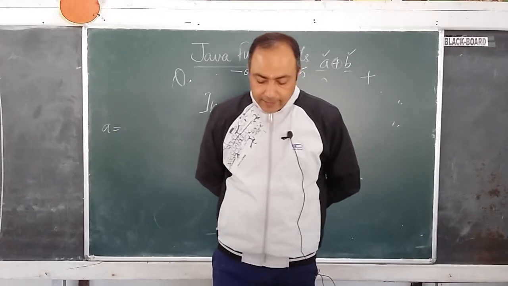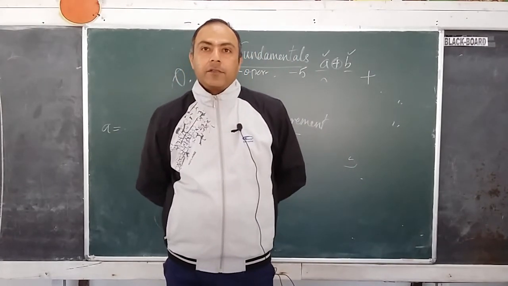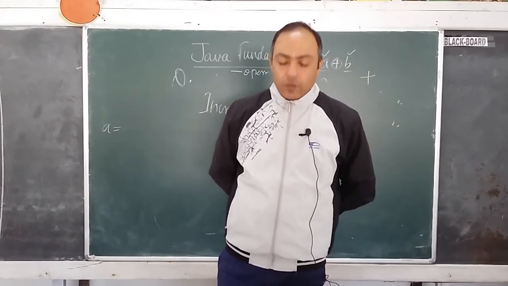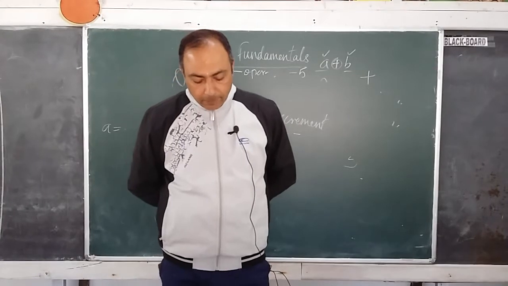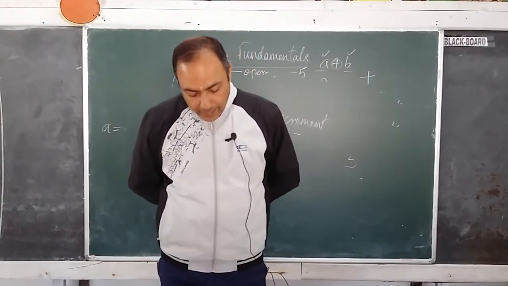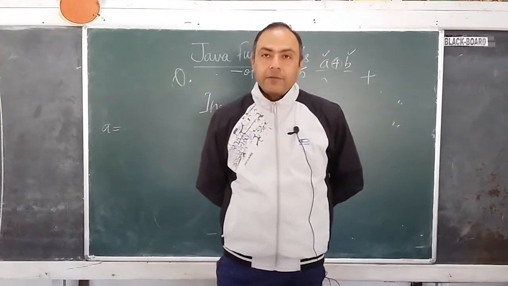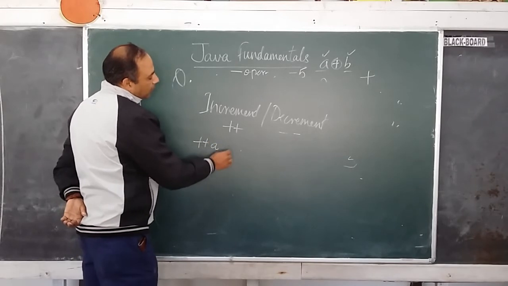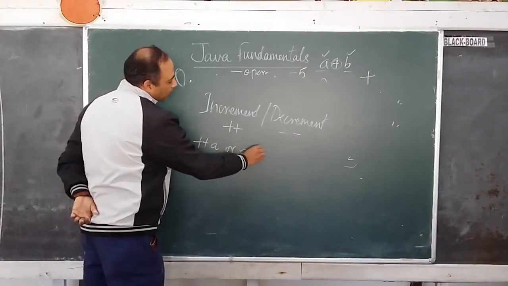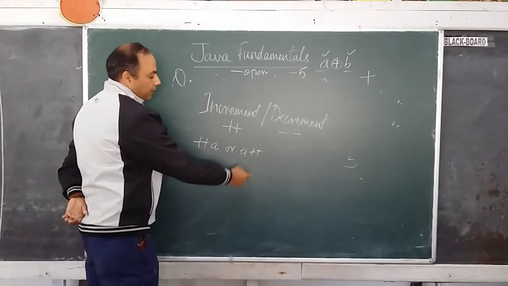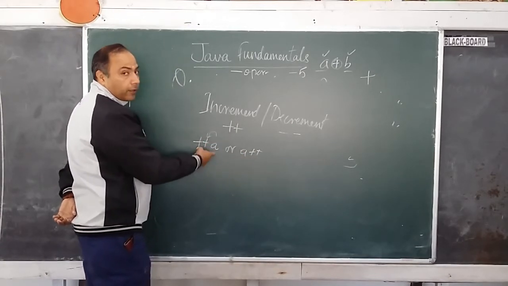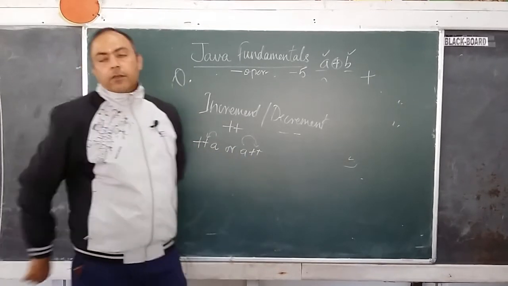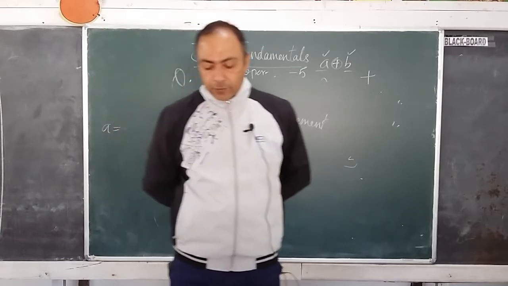However, both the increment and decrement operators come in two varieties. So we can use these operators in two forms. That means they may precede or follow the operand. The prefix version comes before the operand and the postfix version comes after the operand. So it can be used before like this, and it can be used like this also. So prefix and postfix. When the operator is used before the operand, it is called prefix, and when it is written after the operand, it is called postfix. Okay, so we can use it in two ways.